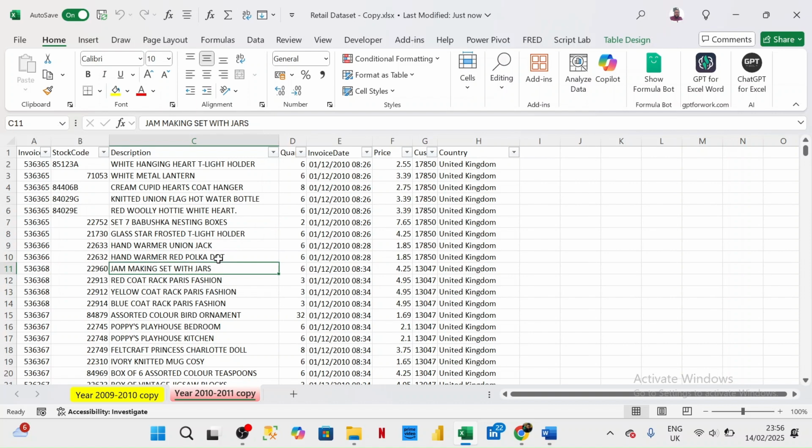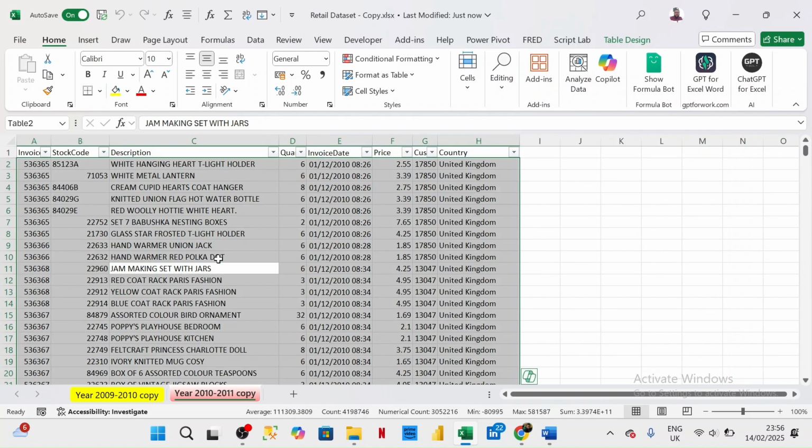Let me first Control A, then Alt H O I. This will space the data so that we can read everything very well, instead of clicking on each column and shifting them one by one. But like I said, it's a large data set, so we have to be quite patient